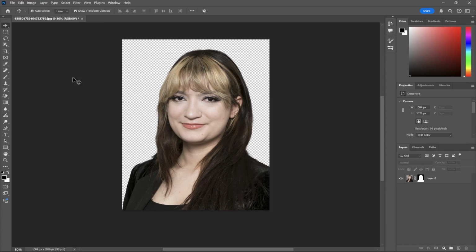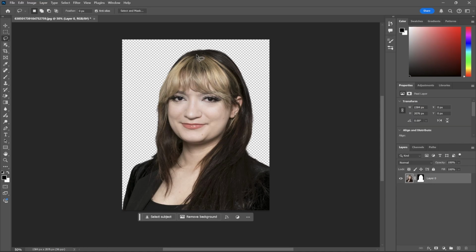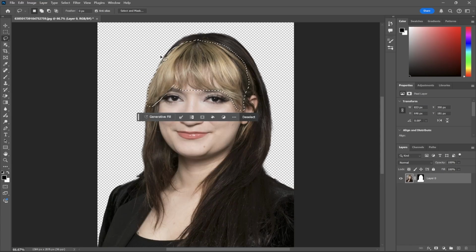Thanks to the introduction of AI in Photoshop, this is a quick fix. And all I need to do is go over here to my left-hand side where I have my lasso tool. This will allow me to select. And what I want to do, I just want to use this lasso tool and select my bangs. As I finish selecting that, we can see these little lines moving. This is just indicating that this shape, or blob in my case, is selected and is going to be the